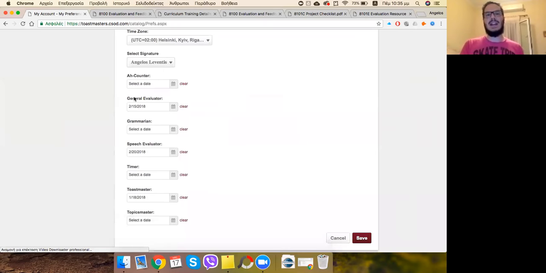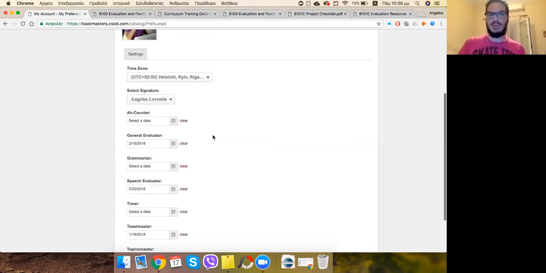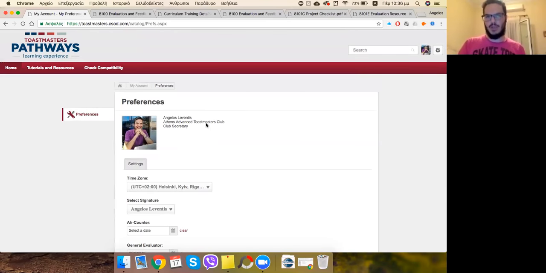And then it says some basic meeting roles. So it's good to submit every time you do a role like this, because then your Vice President of Education will know when you have done these roles, and maybe if you haven't, he can send you to do these roles, or if you did recently, he or she will choose someone else. So it's good to submit, but for sure it's good to submit your face,